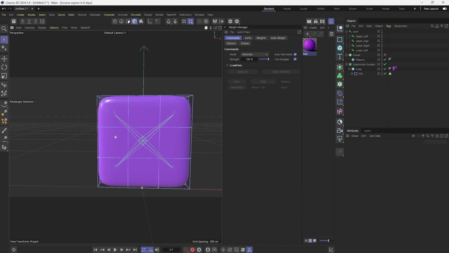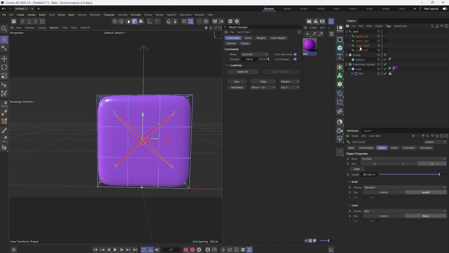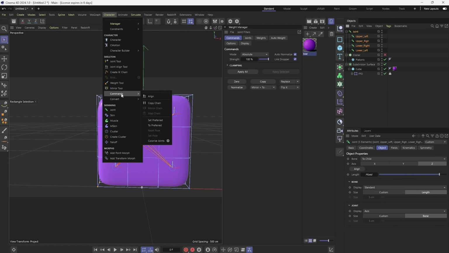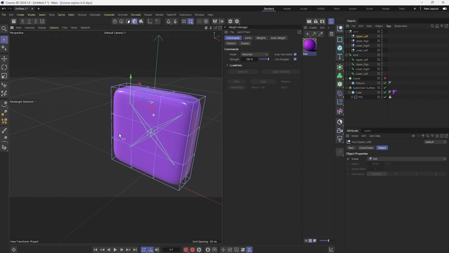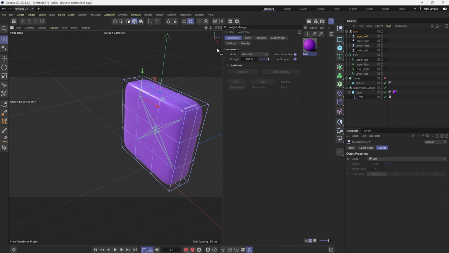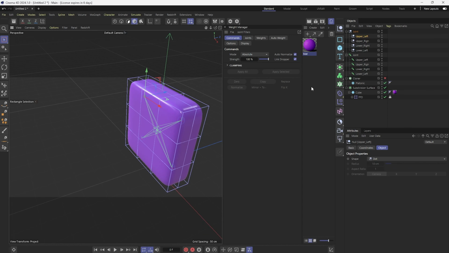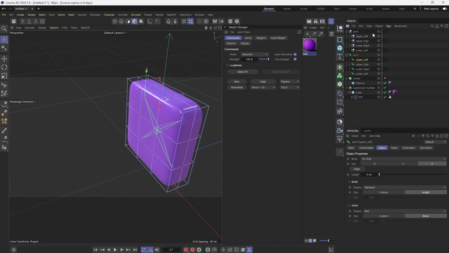So the next thing I'm going to do is make controllers for these. So what I'm going to do is select all my joints and go to character, go to convert, convert to nulls. And you can see it puts a null object at the exact point that my joint is. So all I have to do is build a relationship between this null object and these joints. So I'm going to select my joint here, or select all of them,